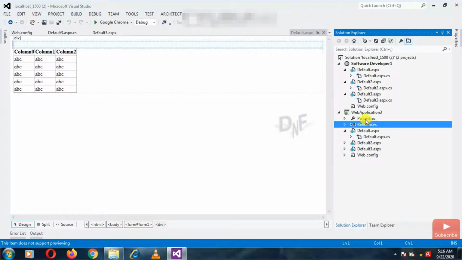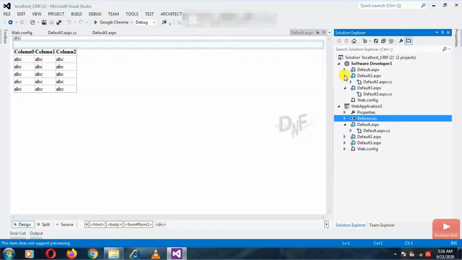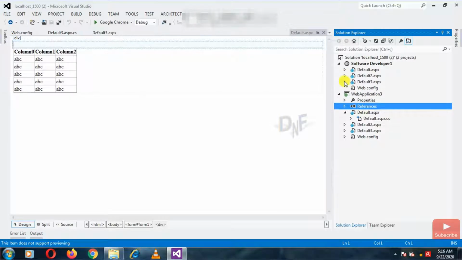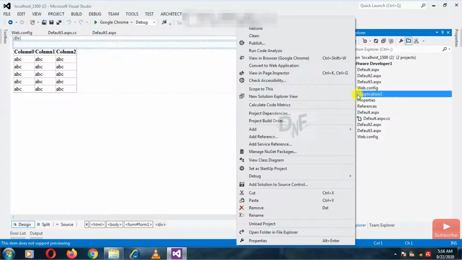If possible, you can add the .NET assemblies. In my case I don't have any extra references, so I don't need to add any. After adding the references, you can convert the website into the web application.